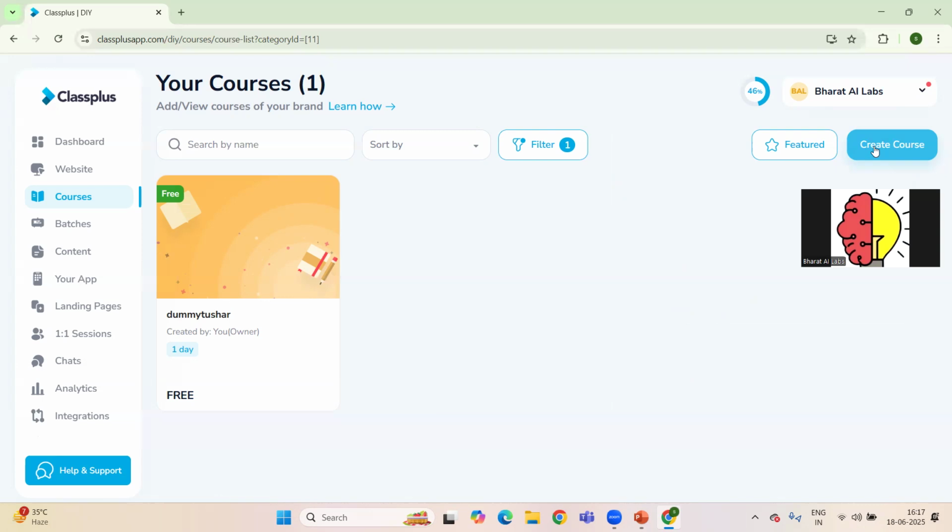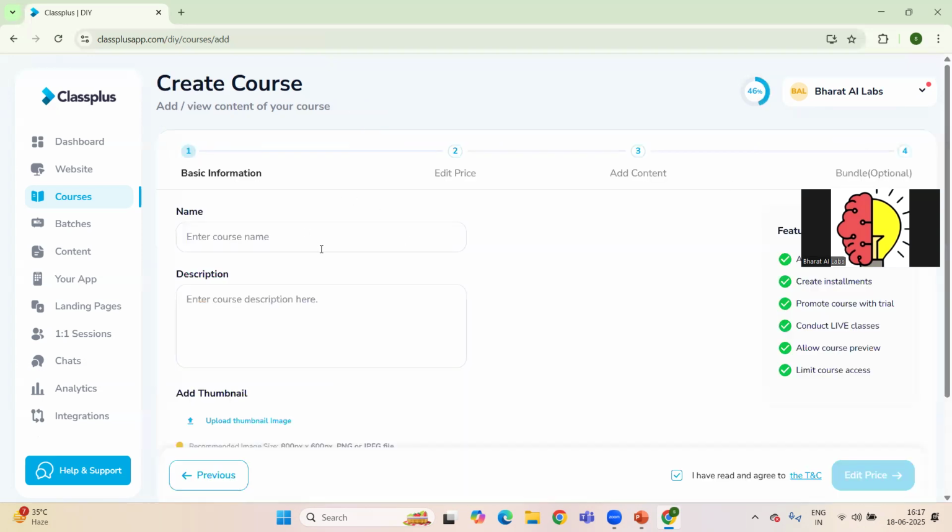With the help of this button, we can easily create. Initially, first we need to fill in the basic information of that particular course, like name, description, even thumbnail images. Once that's done, we move on to the next step.